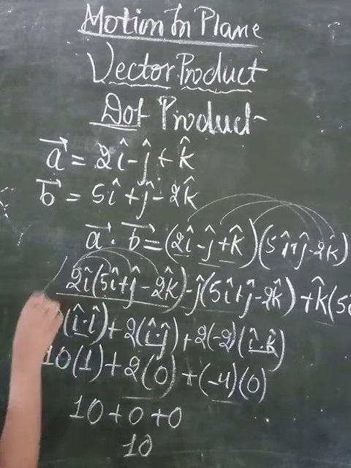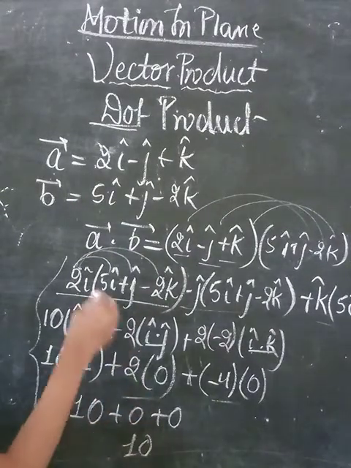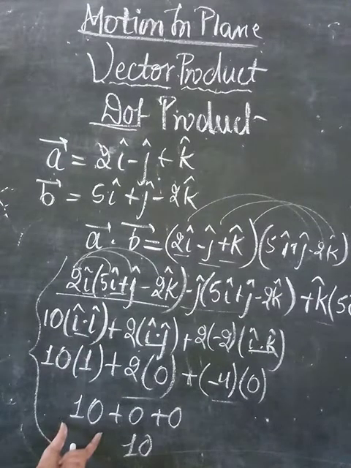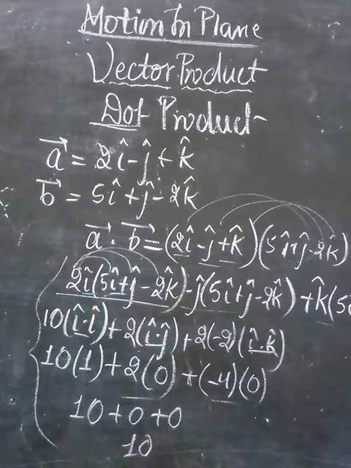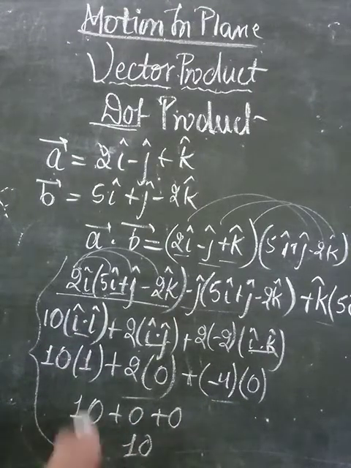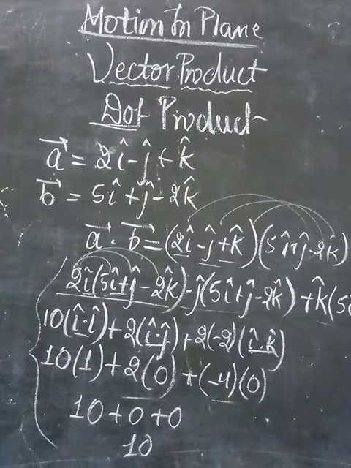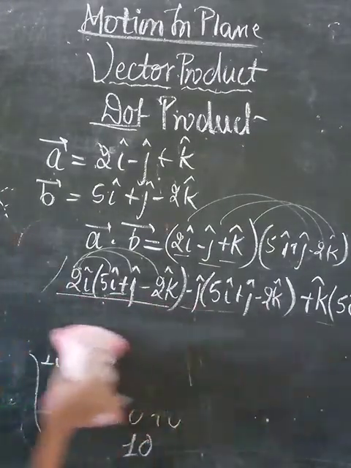Have you understood how we multiplied this? By saying this, what we can say is that whenever the two unit vectors are the same, only then do we get the product. We are getting the product only when the two unit vectors are the same. When different unit vectors are multiplied to each other, we are not getting a value, that is 0. And on multiplying the same unit vectors, we are getting 1. So the unit vectors of the same direction, when multiplied, will be equal to 1. But when we are taking different unit vectors, then the value is 0.